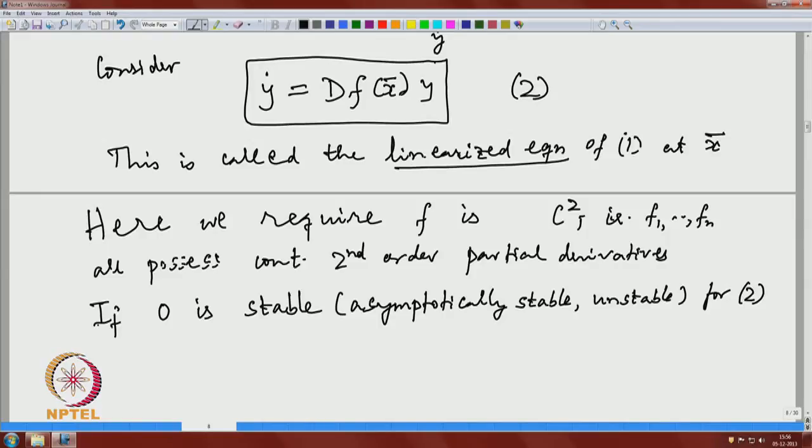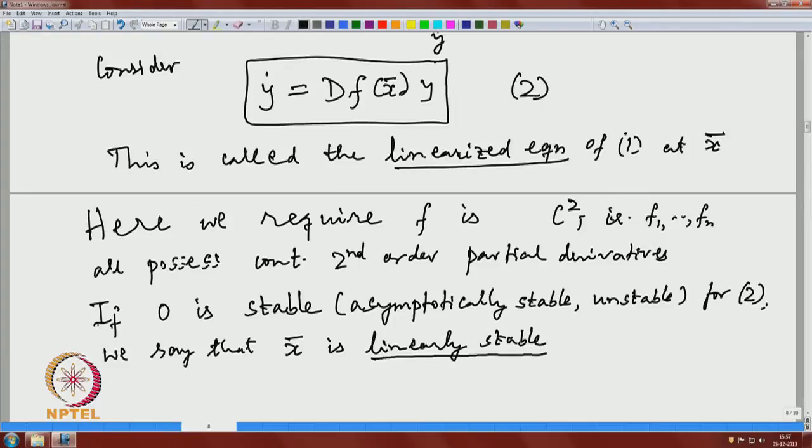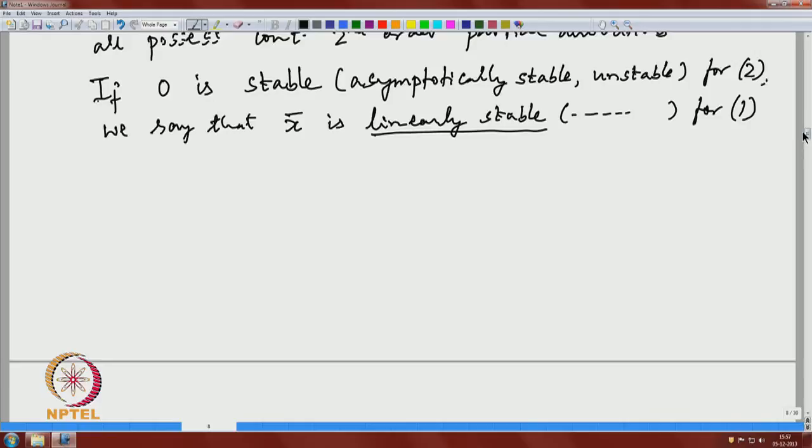So, 0 is an equilibrium point for system 2. So, if 0 is stable or asymptotically stable or unstable for 2, we say that x bar is linearly stable, asymptotically stable, etc. for 1. And this analysis is called